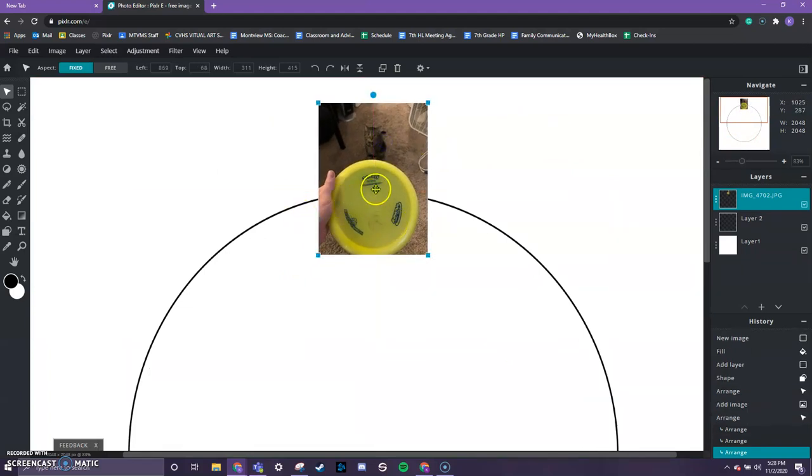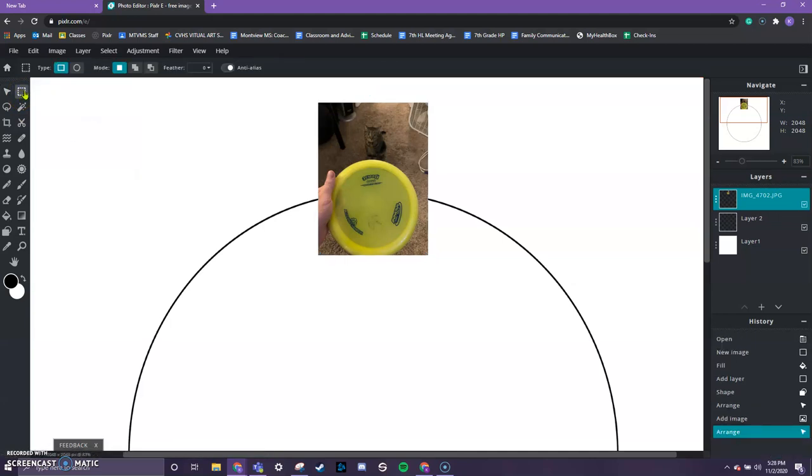Now what I'm going to do is crop out most of this picture and just focus on the yellow Frisbee disc that I have here. So I'm going to do that by going to my marquee select tool that we talked about at the beginning of the year. But instead of doing a square shape, we are going to use a circle shape to make a circle selection